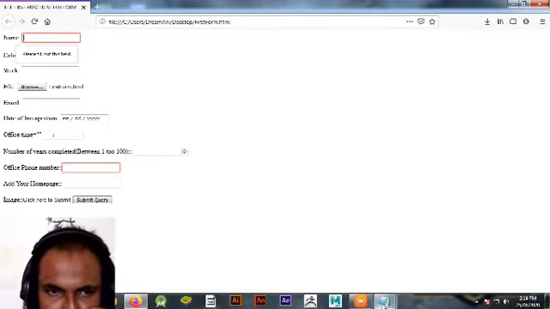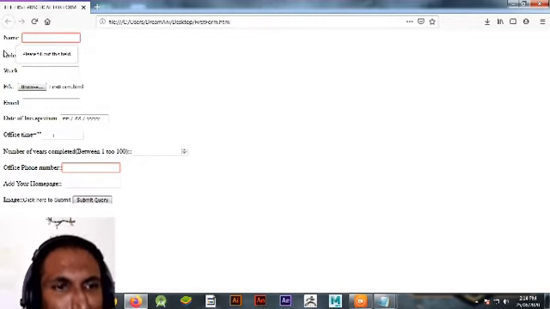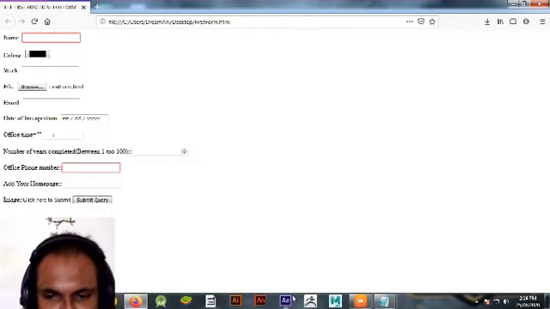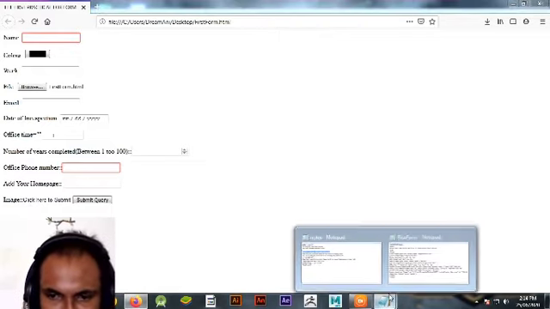Okay, so it will work like this. So in this topic we have seen colors, weeks, browsing files, and see the image is not appearing here, so we will see what the problem is.